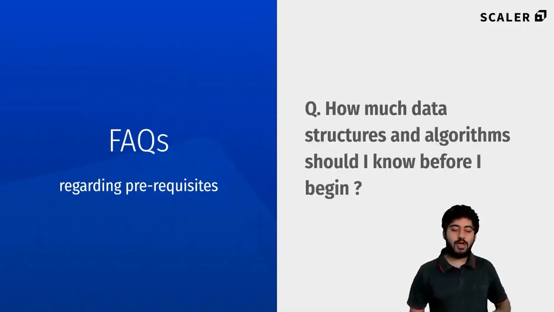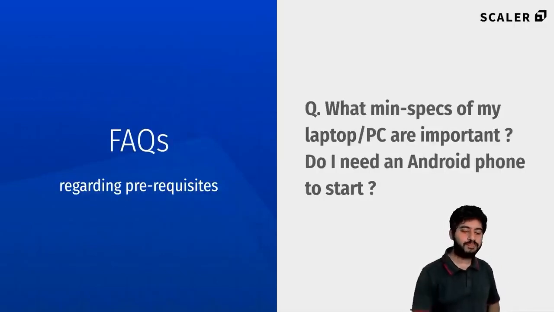Another question that people ask a lot is, how much data structures and algorithms should I know before I begin? To answer that question, I would say that if you are very clear with the basic set of data structures like linked lists, hash maps, stacks, queues, and you know how the operations work, and you know which data structure is suitable in which kind of use case, that should place you at a good point to start getting into Android development. Some of the very complex data structures like traversing graphs and trees and creating red black trees, BSTs, those kinds of things might not be needed when you get started with Android development. On a day-to-day basis, those are things we don't need while we're building apps.